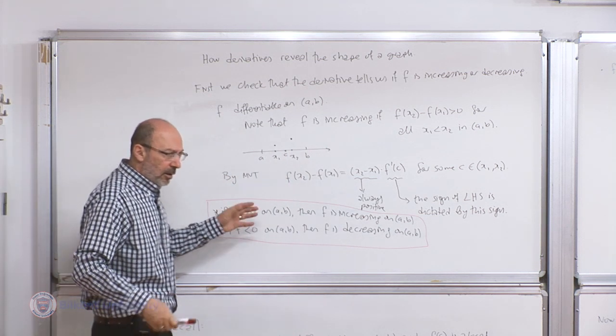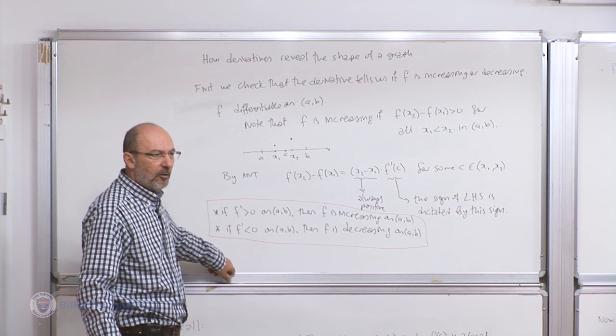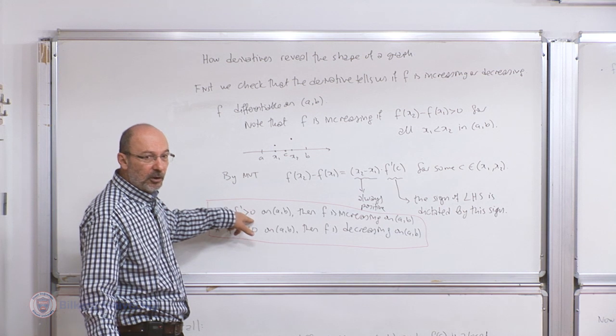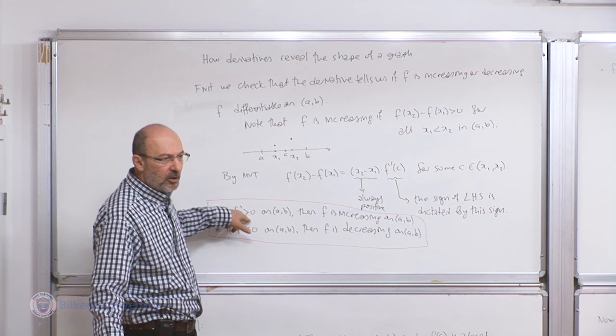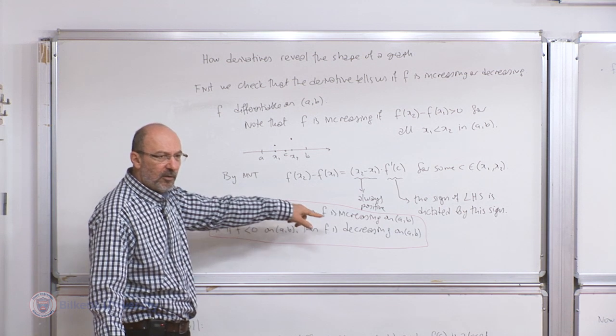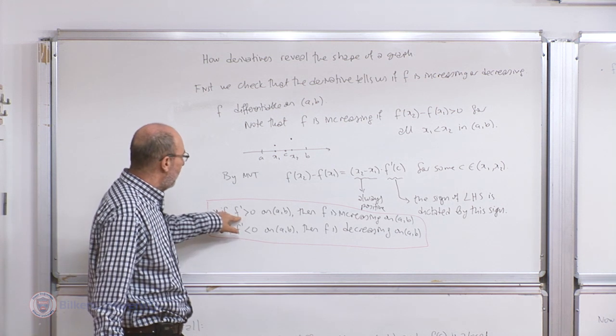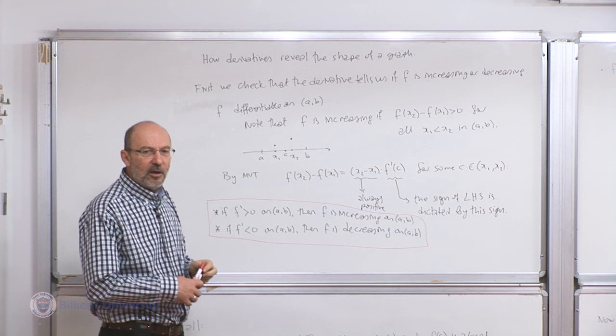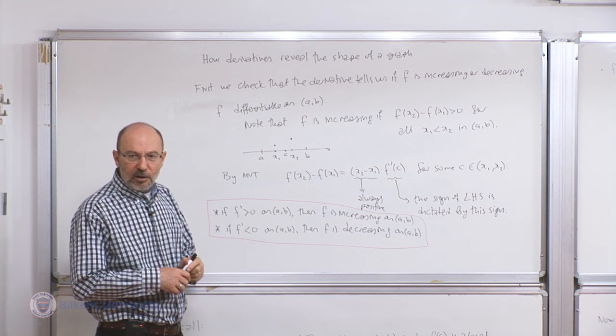Again, this is the usual format of a theorem in mathematics. We put an extra condition, and we check that under that extra condition we have something useful. If the derivative is always of the same sign throughout an interval, then the function is either increasing or decreasing